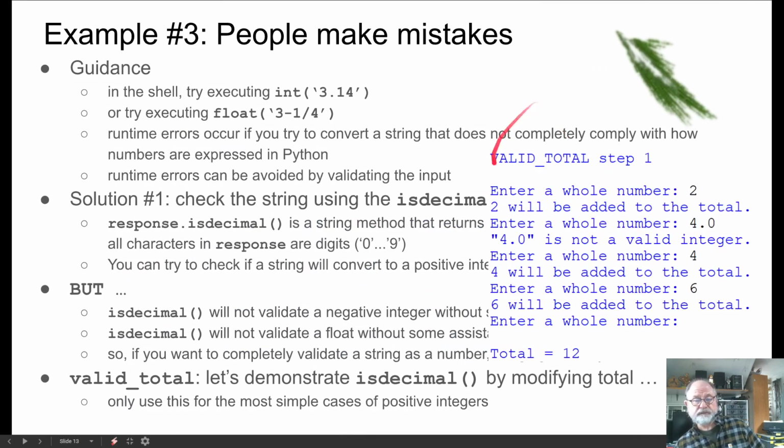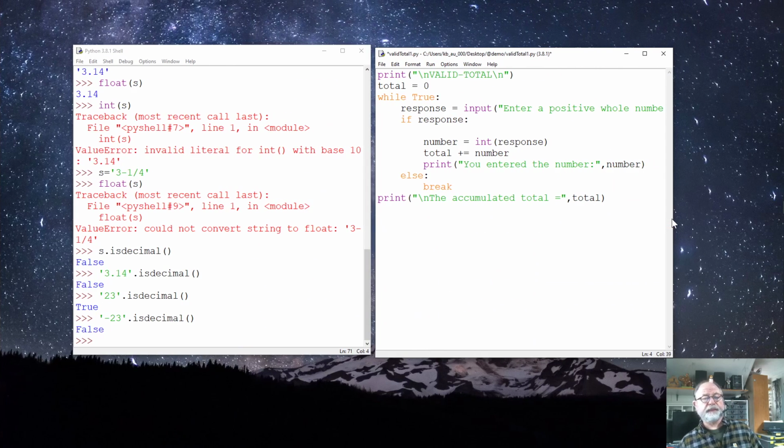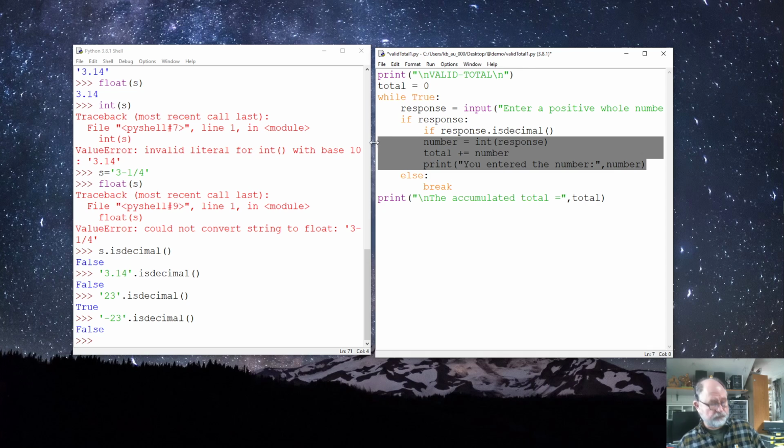And back in the example, if we type in something invalid, we should give some feedback that says that 4.0 is not a valid integer. So that means here, if response.isdecimal, we can do these things,